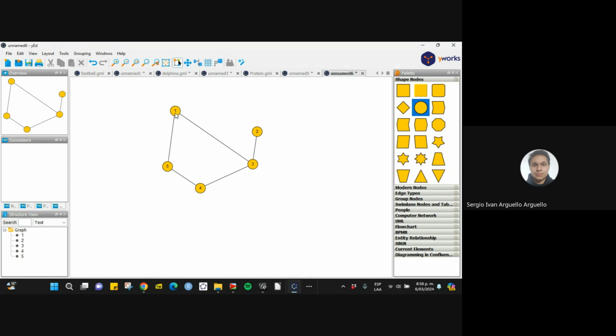No, there is a path of 4, for example, but the shortest is 3. Exactly. Look, from 1 to 5, the shortest path is here. There are no shortest paths of length 4. Maybe from 2 to 5. Okay, thank you. From 2 to 5, this path 2, 3, 4, 5 is the longest shortest path of